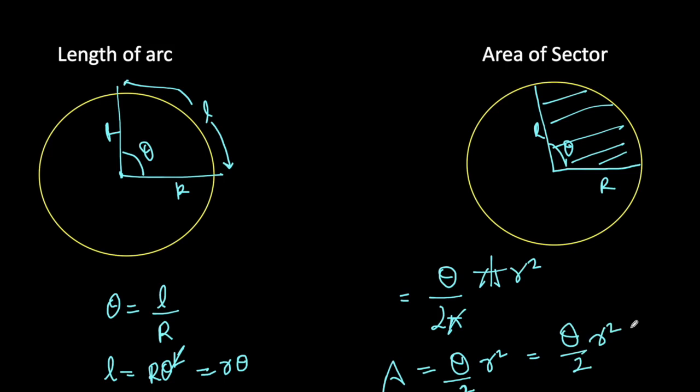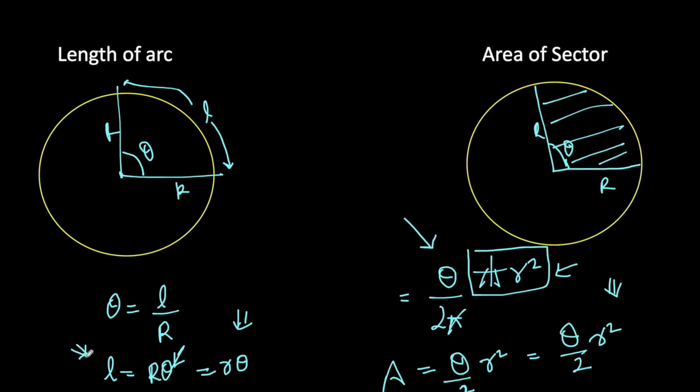And how have we derived it? We have taken the total area of a circle, and we have taken the fraction of the angle with respect to the total angle of the circle. The total angle of the circle is 2 pi, and theta is our angle, so theta divided by 2 pi gives you the fraction, multiplied by the total area of the circle. This is the way to remember the formulas for arc length and the area of a sector. You don't have to worry, because this has also been given in your formula book, so if you can't remember, you can go through the formula book.